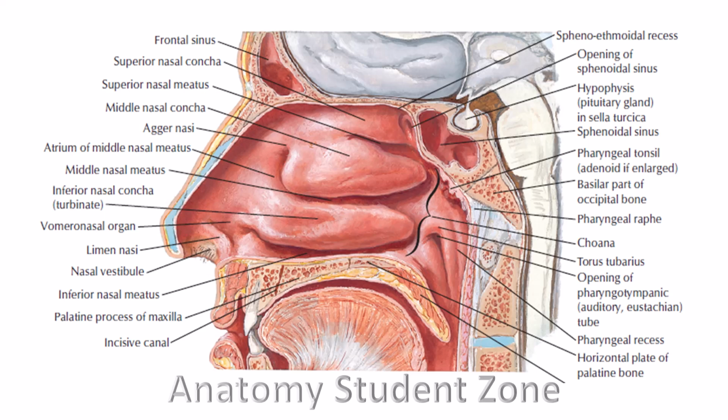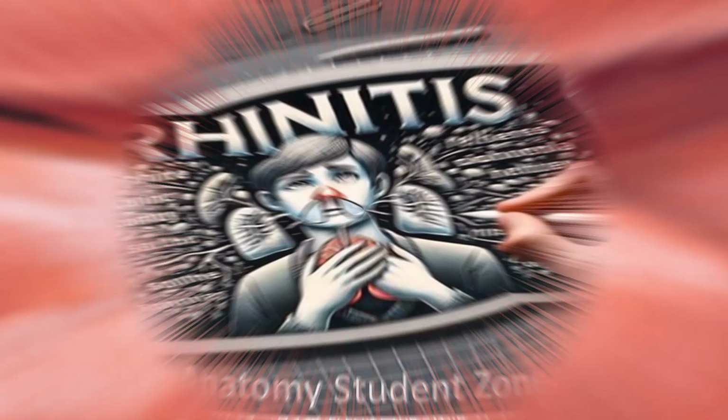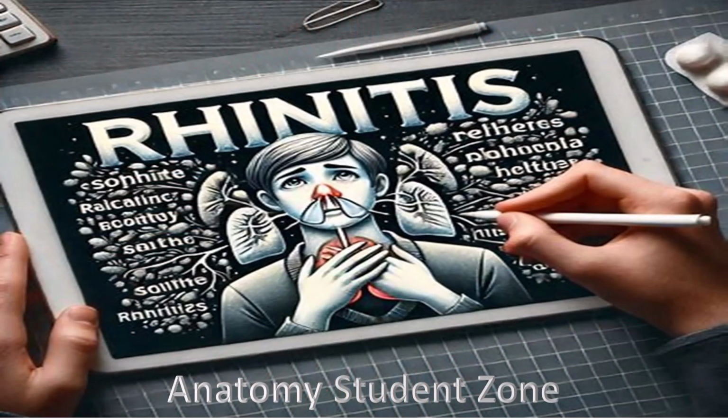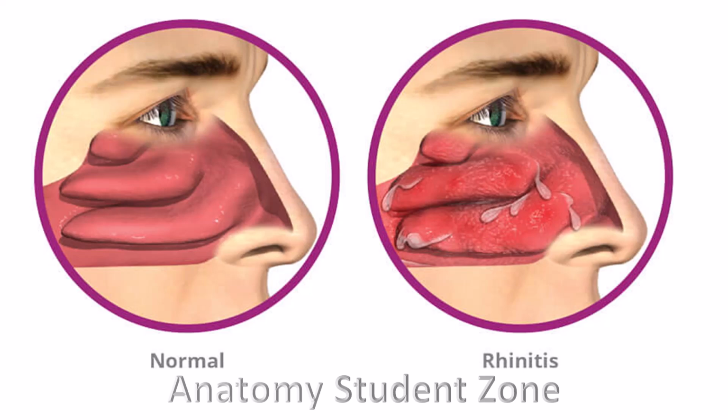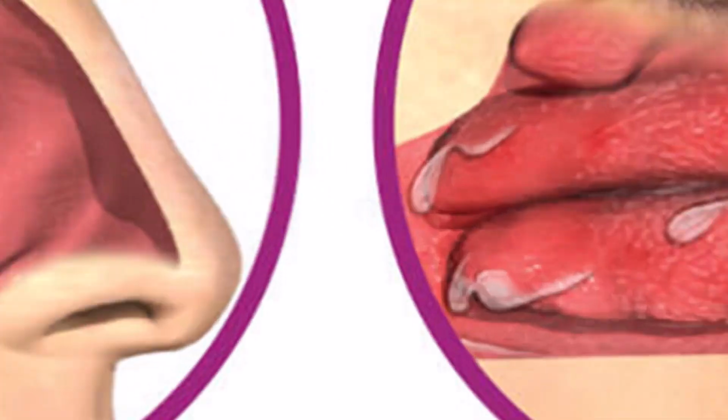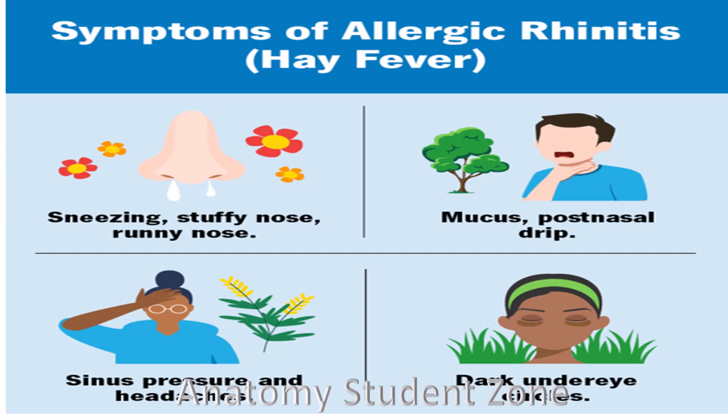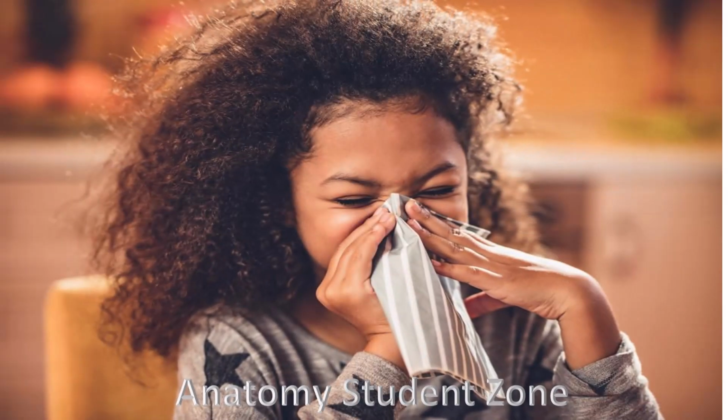Besides all these functions of the nasal cavity, there are a lot of clinicals related to it. One of them is rhinitis. You know very well, rhinitis is an inflammation of the nasal mucous membrane that can be due to allergies. Allergies can be due to pollen, dust, or mites. Or rhinitis can be due to non-allergic conditions as well, like environmental factors, infection, or irritants.